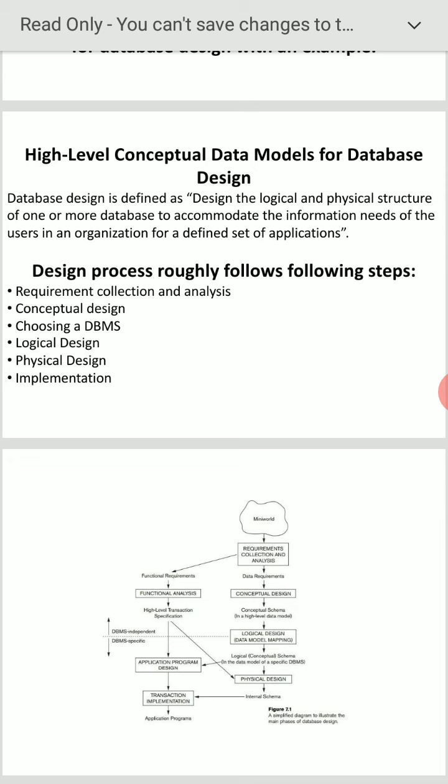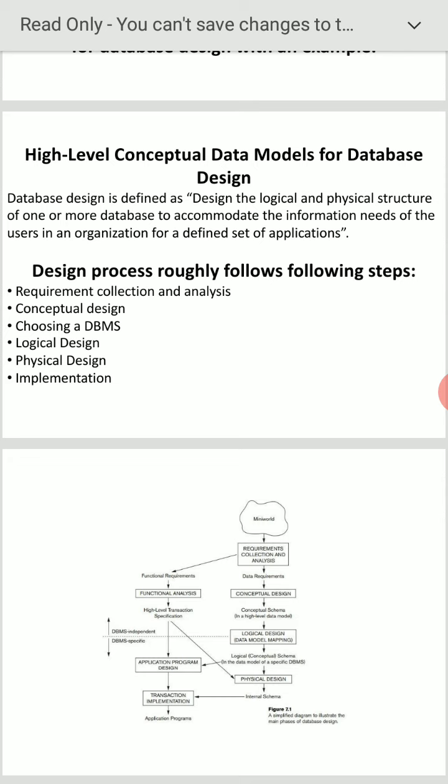Next, conceptual design. Here, we give the description of the proposed system in terms of a set of integrated ideas and concepts. There are so many ideas, and we have to integrate them. The two parallel activities are, first, schema design, and second, transaction design.